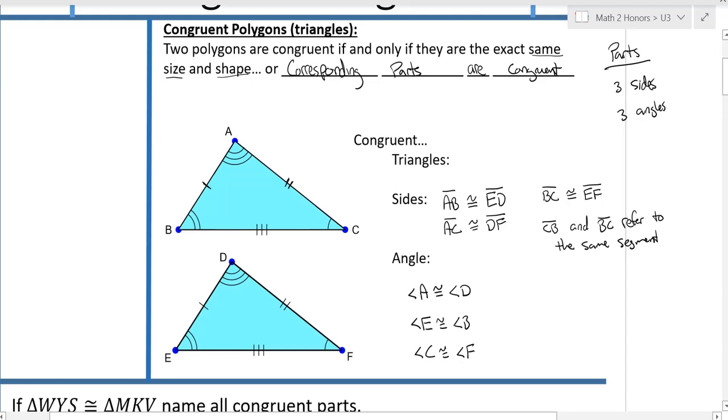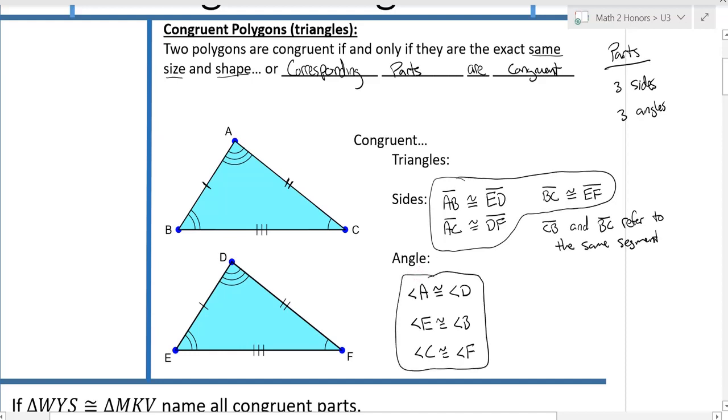So we have 3 congruent pairs for sides and 3 congruent pairs for angles, and these triangles match up in a particular way to say that they're congruent. So we want to say that triangles are congruent. Now when you name a triangle, you say triangle, and you name it by its 3 vertices. So we could say ABC,